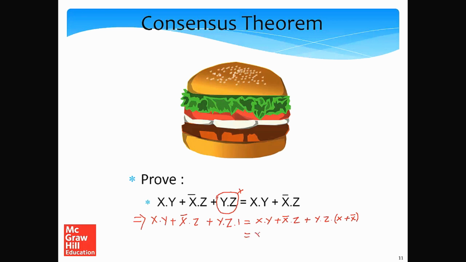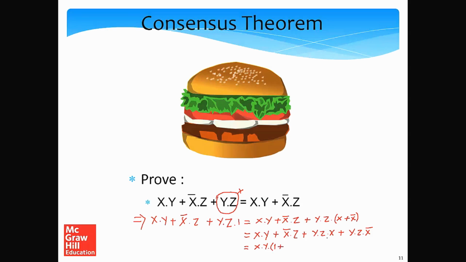Now we can open up the expression slightly and use the distributive rule to open it up. So keeping the rest of the terms, we can have... so now what we need to do is rearrange the terms. So let me rearrange them. Let me consider the first and the third term. Since any number ANDed with 1 is itself, we can write,